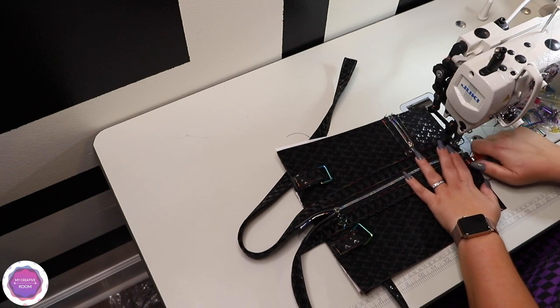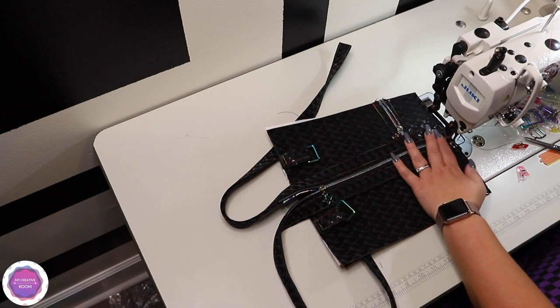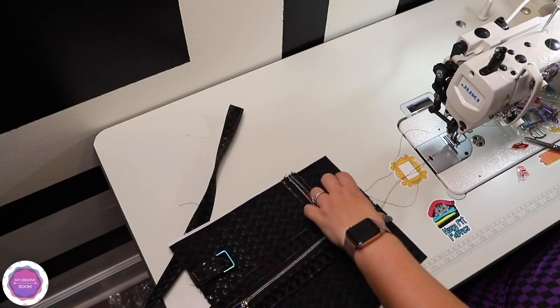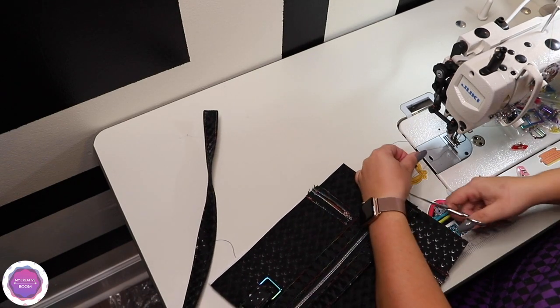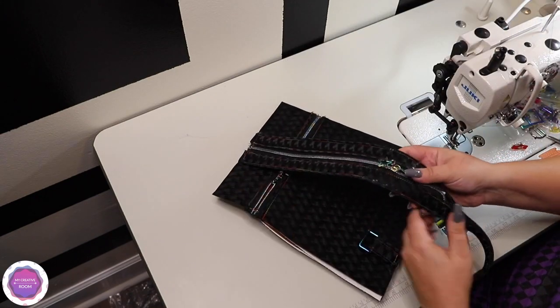Less layers of vinyl this time around, but still go slow if you're using vinyl. If you're using woven interface, then you shouldn't have any issues. Alright,